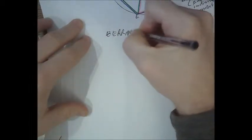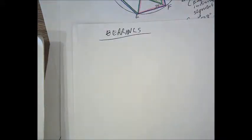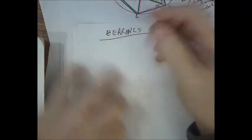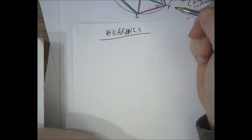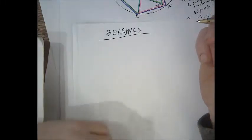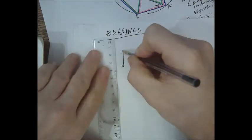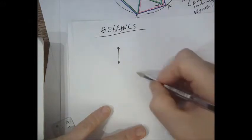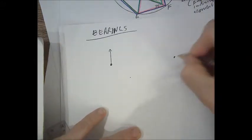Bearings cause a whole bunch of needless worrying. Just think of a bearing as coming from a situation whereby somebody does not see all the wonderful, great, big, rich things in the world that the world has to offer because they just always look north. Okay? So, there's this person here and they're always looking north, and so they don't see that Channing Tatum is signing autographs down there. Or there's this person over here that's always looking north,